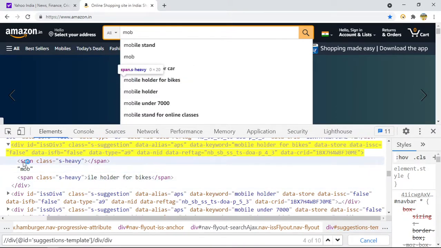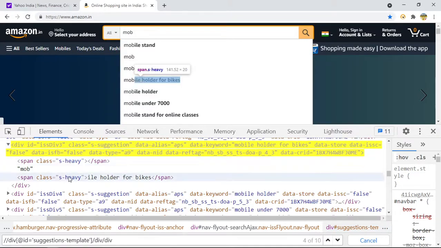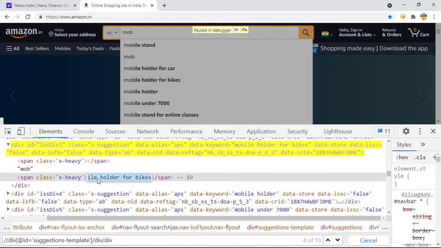So you do not need to write the XPath till the span, because we are going to apply get text. You might think that I need to write the XPath till span or this span. Basically, even if you write the XPath till here and apply get text, it will automatically fetch the data, which means this text, even if it's present outside the attribute I'm talking about. Otherwise, you have to use get attribute, which we have already seen.